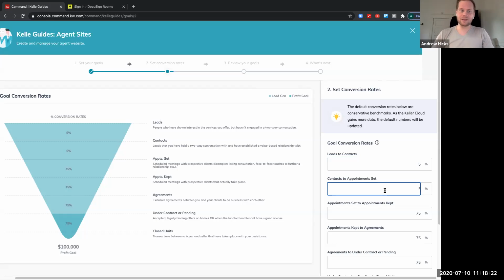So of the appointments that were set, 75% is the amount of appointments that were actually kept. You'll want to go back and look through and see how many appointments you've set, and then how many of them actually showed up and kept that appointment. For this, it looks like it's saying 75%. I am not sure if that is a